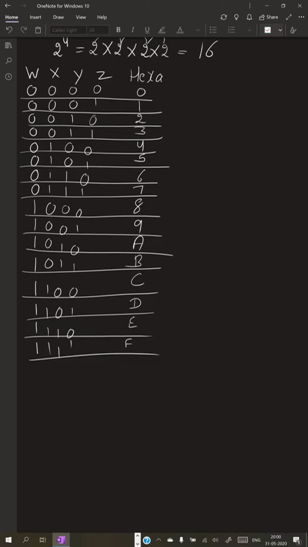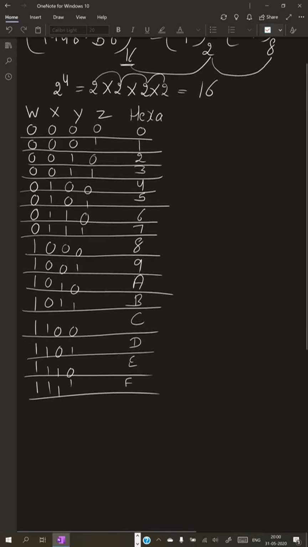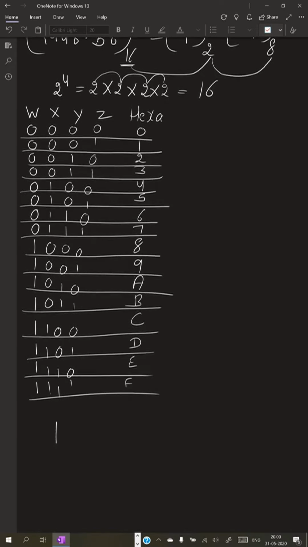So now we convert it. First we write down the question here: 1948.B6. Clear? First find the value of 1. The hexadecimal digit 1 has the combination 0001, so write down 0001.